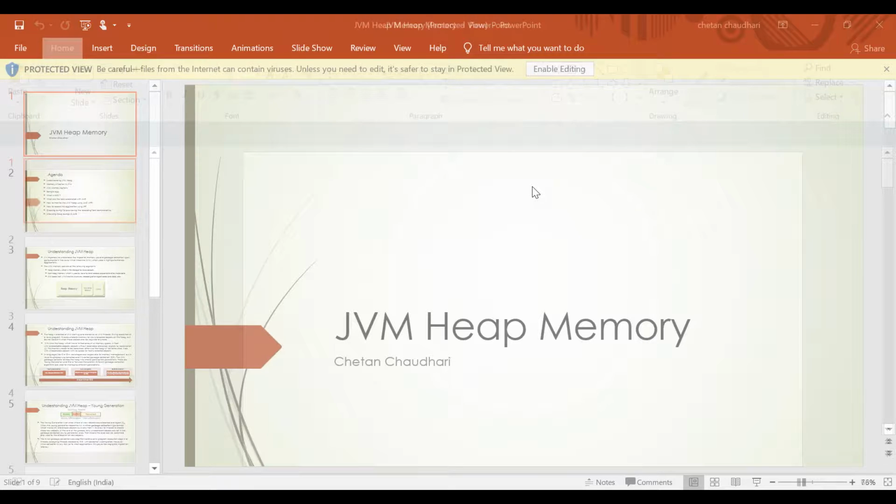Today's agenda: we'll start with the JVM heap. Then we'll understand how the heap memory is structured, then the patterns of memory utilization in the JVM heap. Then there are some JVM memory options, and in the sample app we will try to explore these options.